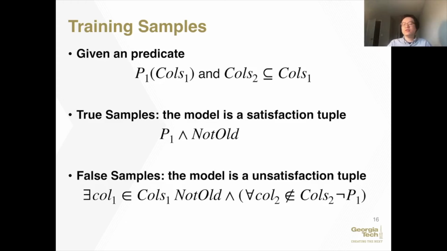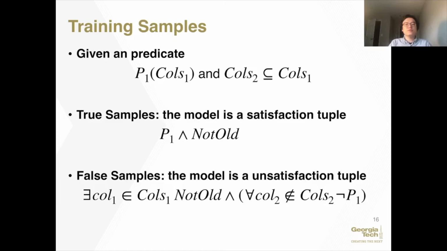And here is how we encode these conditions into formulas. Given a predicate P1 that uses columns in set columns 1 and the subset columns 2, the true samples can be encoded in the following formula. P1 stands for the original predicate. Not old is a set of formulas that force the SMT solver to give us a new model, so it does not repeat itself. If we input this formula into the solver,